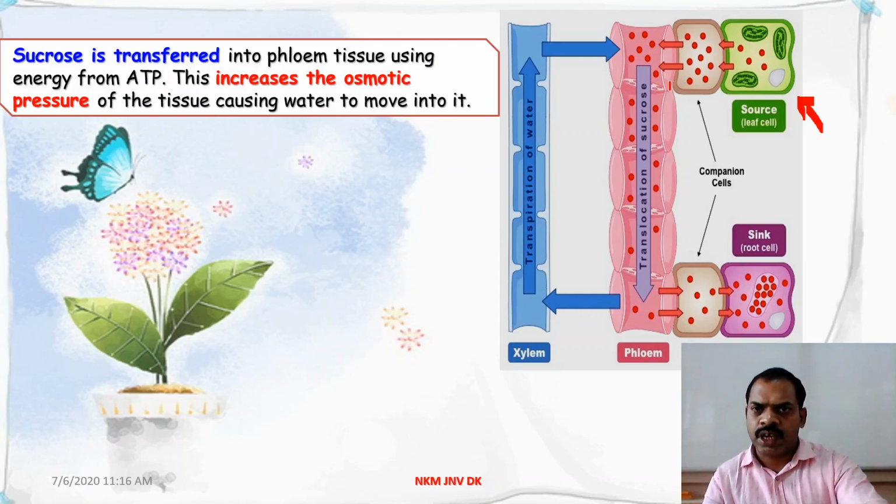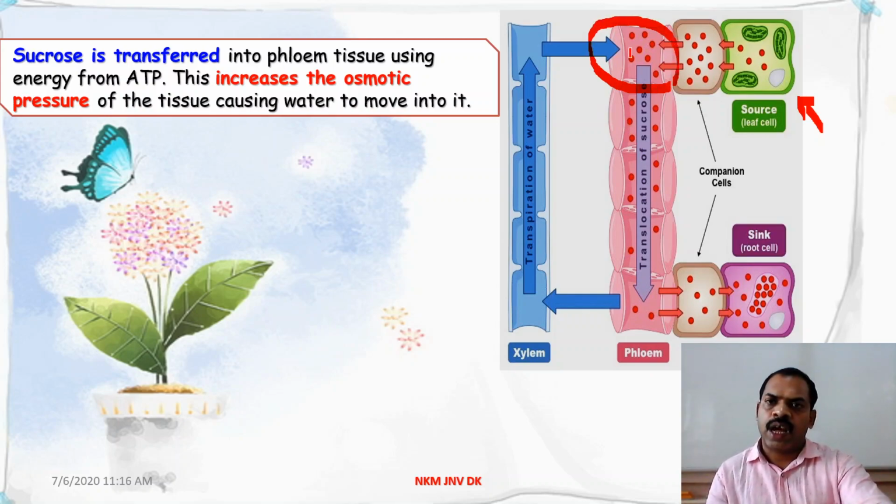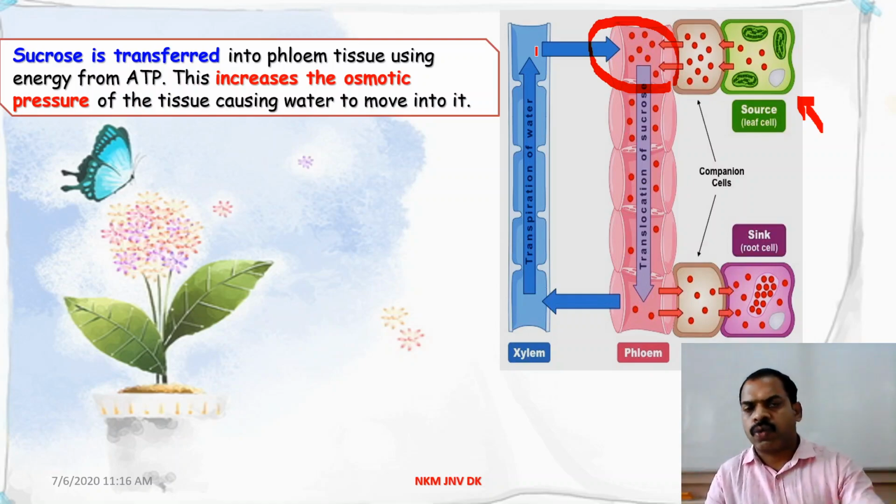So once you can see here, when the sucrose is reached here and having high osmolarity, so because of that high osmolarity, what will happen? Water from the neighboring xylem, because we know xylem and phloem is always running parallel. So xylem containing water, from the neighboring xylem, water enters into the phloem. So what happened now here? Sucrose solution. So sucrose from leaves, water from the